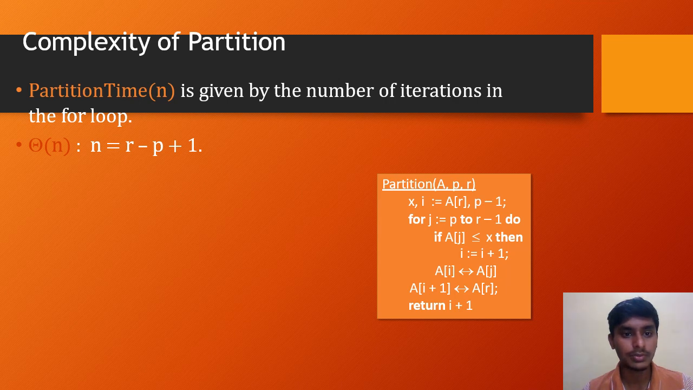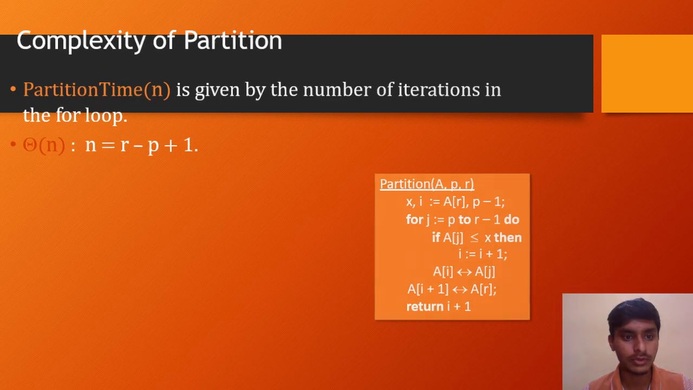Complexity of partition. Partition time is given by the number of iterations for the loop, that is n is equal to r minus p plus 1. The next is the quicksort